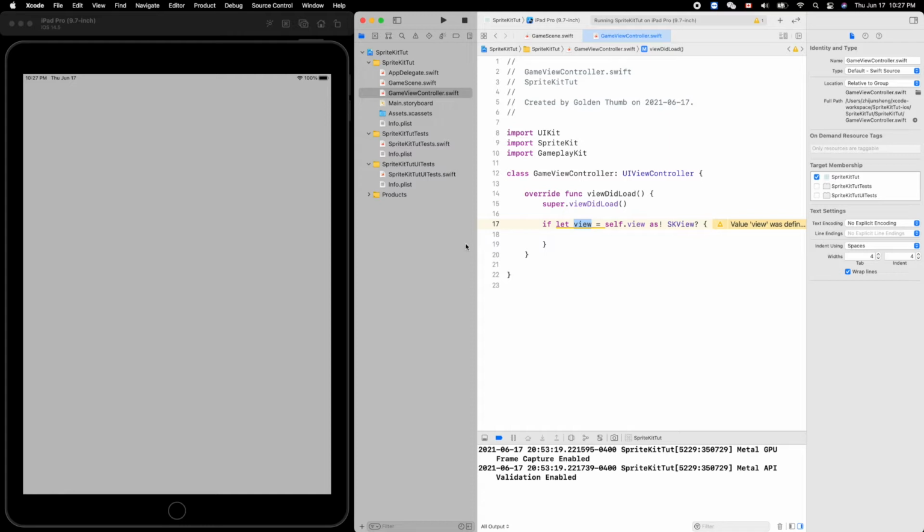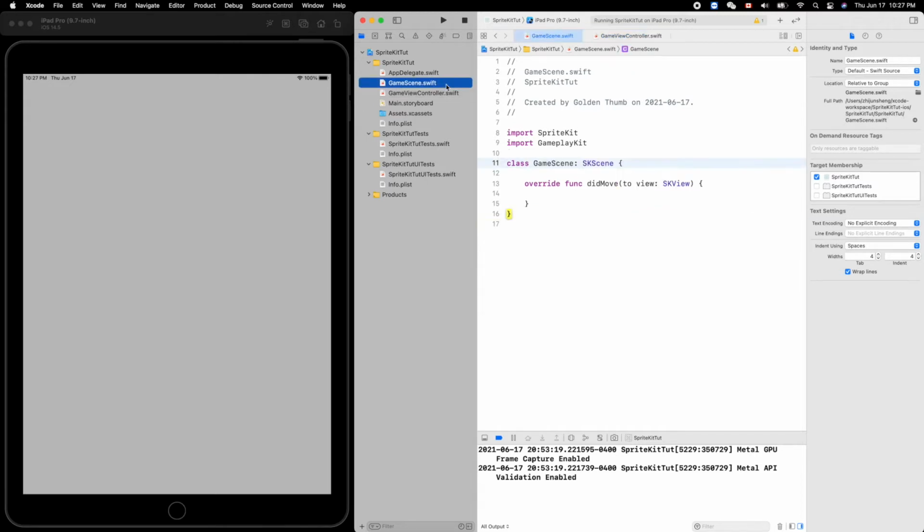Okay, last time we cleaned up some existing code created by the Xcode template for SpriteKit. So today we'll add a simple, very simple, actually, rectangle sprite. So here we'll go to the game scene. Okay, game scene is a subclass of SKScene. SK means SpriteKit. And didMove(to:), this is like the initialization place